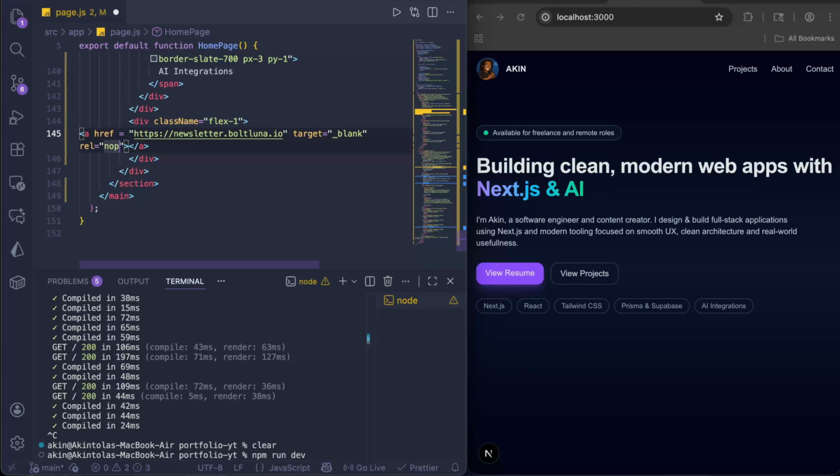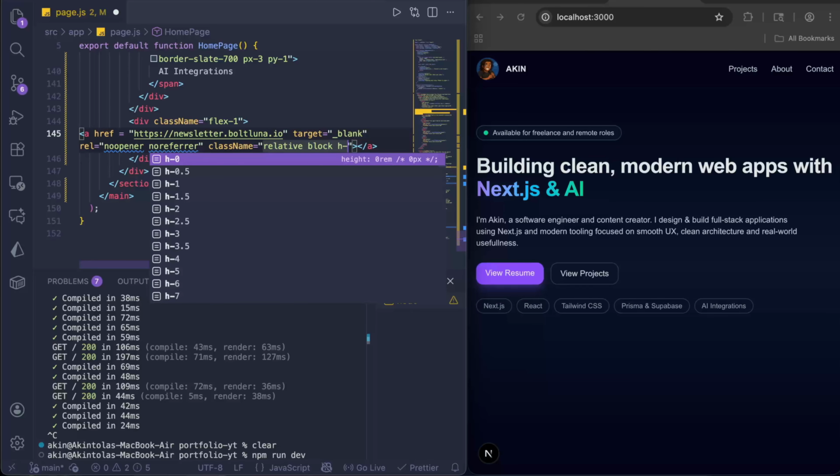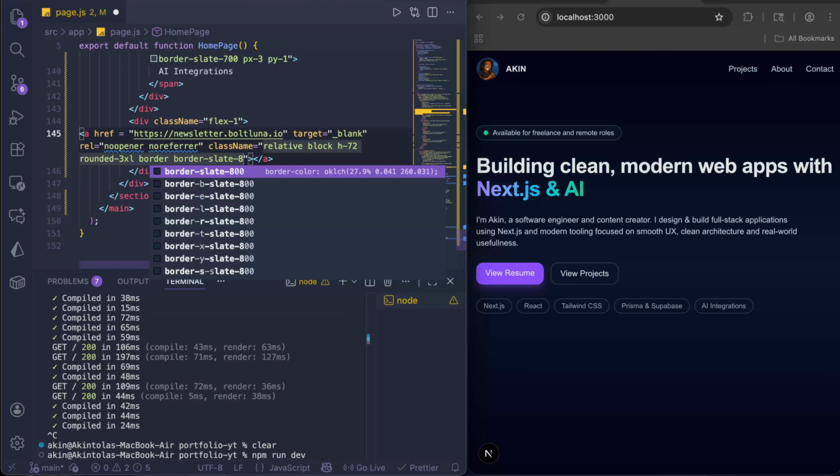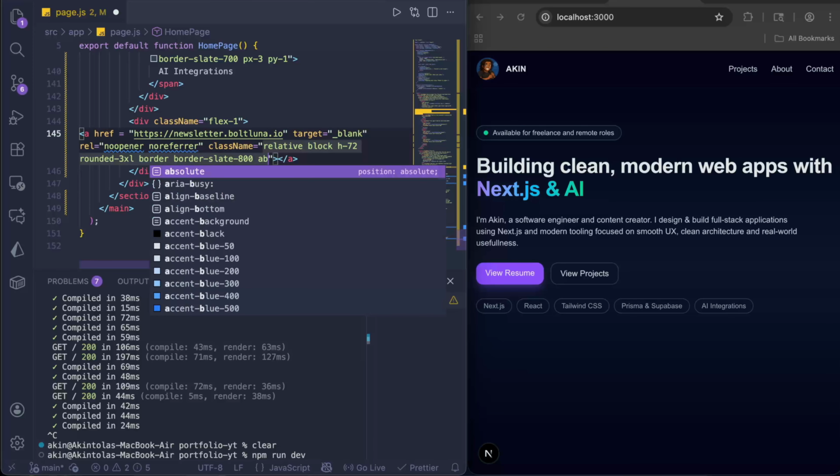Relative is going to be no opener, no refer. Class name here is going to be relative block. H is going to be 72. Rounded is going to be 3XL. Border slate is going to be 800. Background